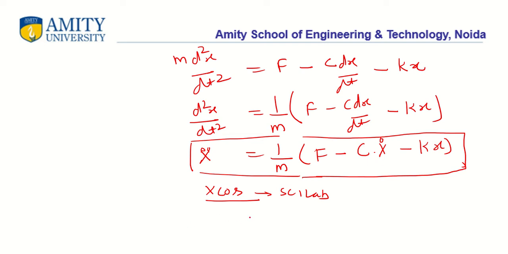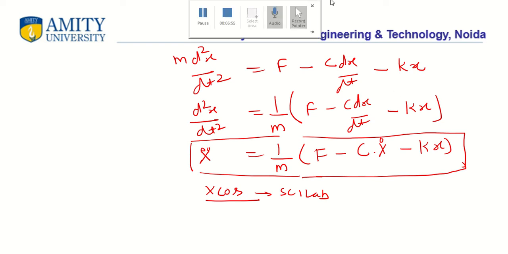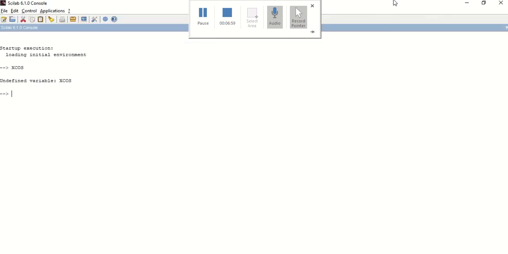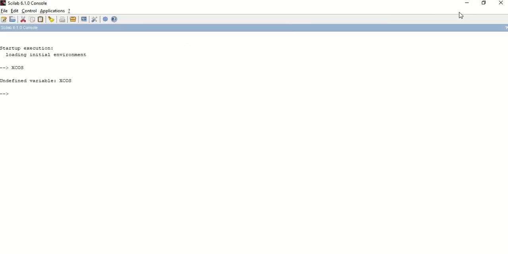Further, now I am going to arrange a model in xcos. Here you can see I have opened the Scilab 6.10 console.